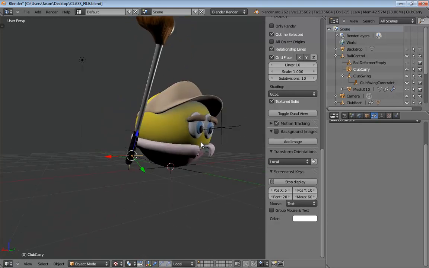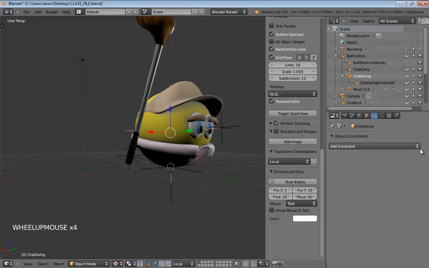With everybody moving forward from here, a visual representation of the parents and empties and such would help those right-brained folk. Actually, you should have a great visual representation right up here in the outliner that shows you the parenting perfectly. Because you can see that we've got our ball control. You can see that the ball deformer empty is parented to that, so is the club carry, and so is the club swing. And you can see that the club swing constraint is parented in it like so. So you got a great hierarchy. Yeah, I can go over both the copy location. It's just one copy location and one copy rotation.